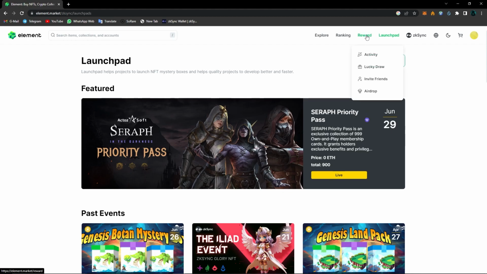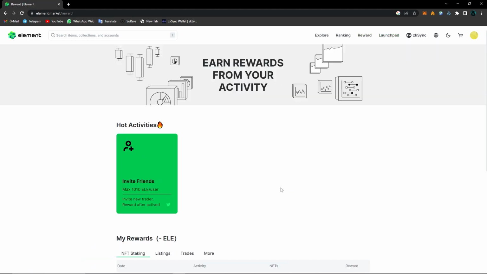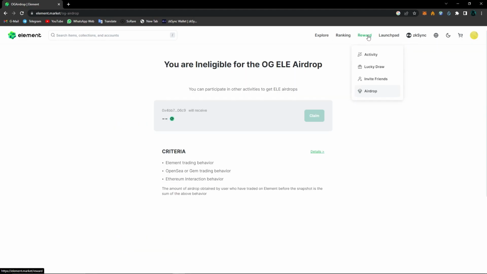Now let's jump to the reward section and have a look at that. As you can see here, you can invite friends to get rewards. ELE is the native token of Element Marketplace. You can just invite friends to get your ELE tokens. Also, if you hover over reward, you can see there's a section called airdrop. These are the criteria: Element trading behavior, OpenSea or Gem trading behavior, Ethereum interaction behavior. You can click on details to have a look at this and learn how you can get these ELE